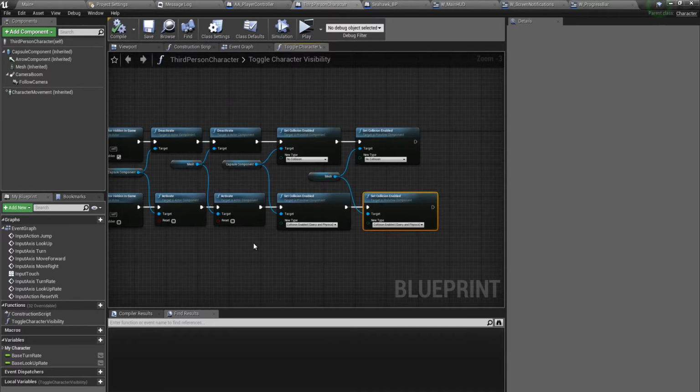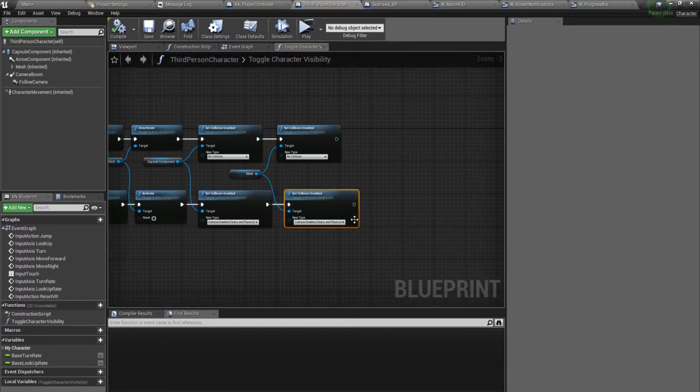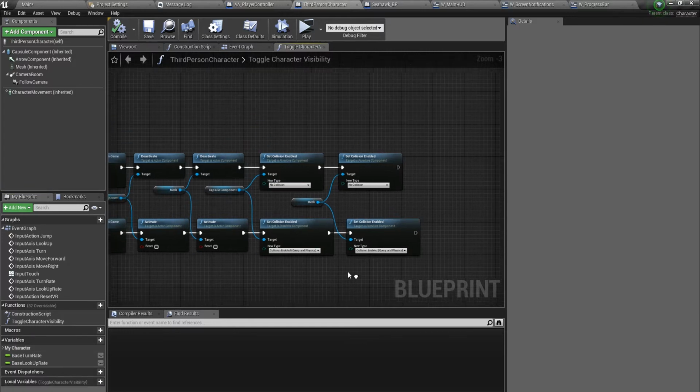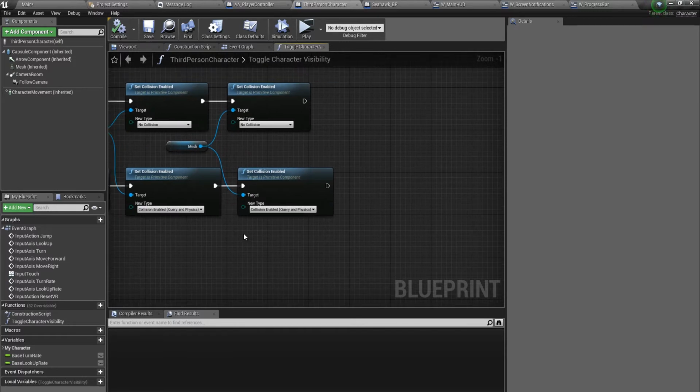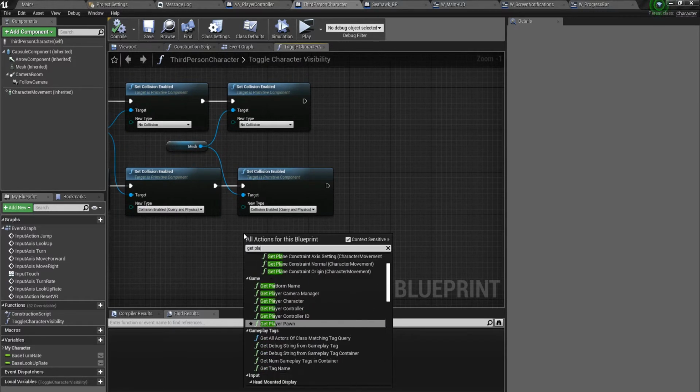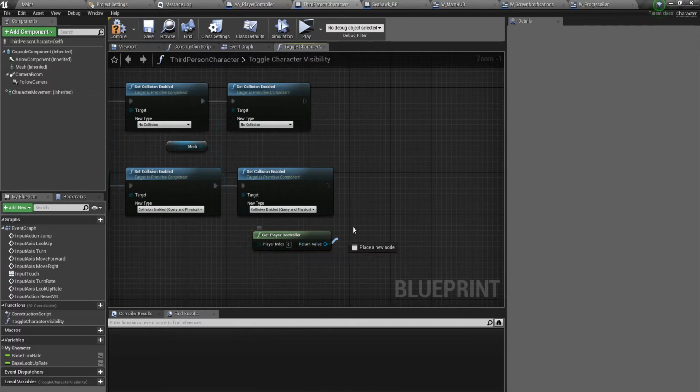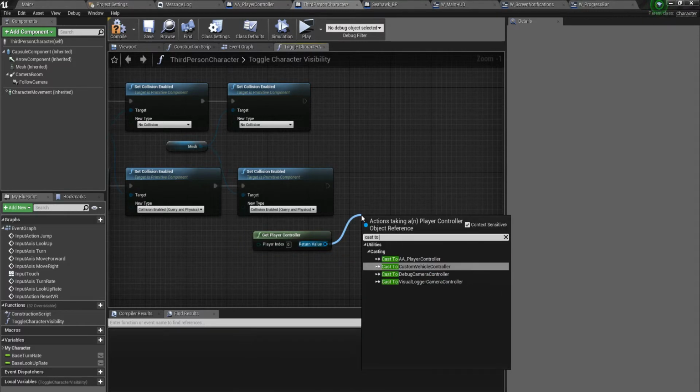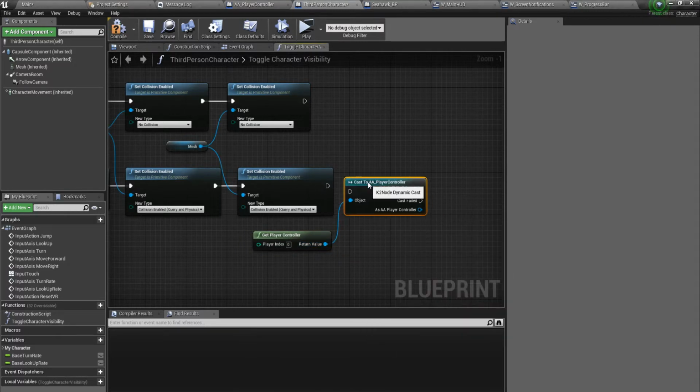Now there's more to this. We won't just make him appear out of the blue. We have to make him appear on that billboard reference point that we created inside the Seahawk blueprint. Now how do we get to the Seahawk blueprint from here? I believe we have a reference to the player controller. We don't need to actually save that reference anywhere. We'll just get the player controller and then cast to AA player controller,